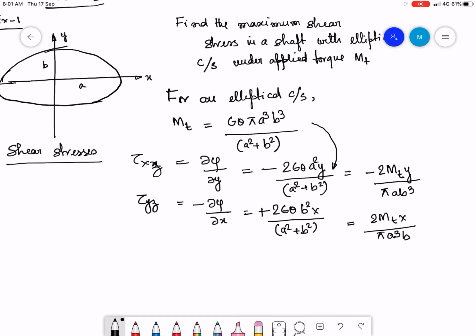So from membrane analogy, what can we say? We can say